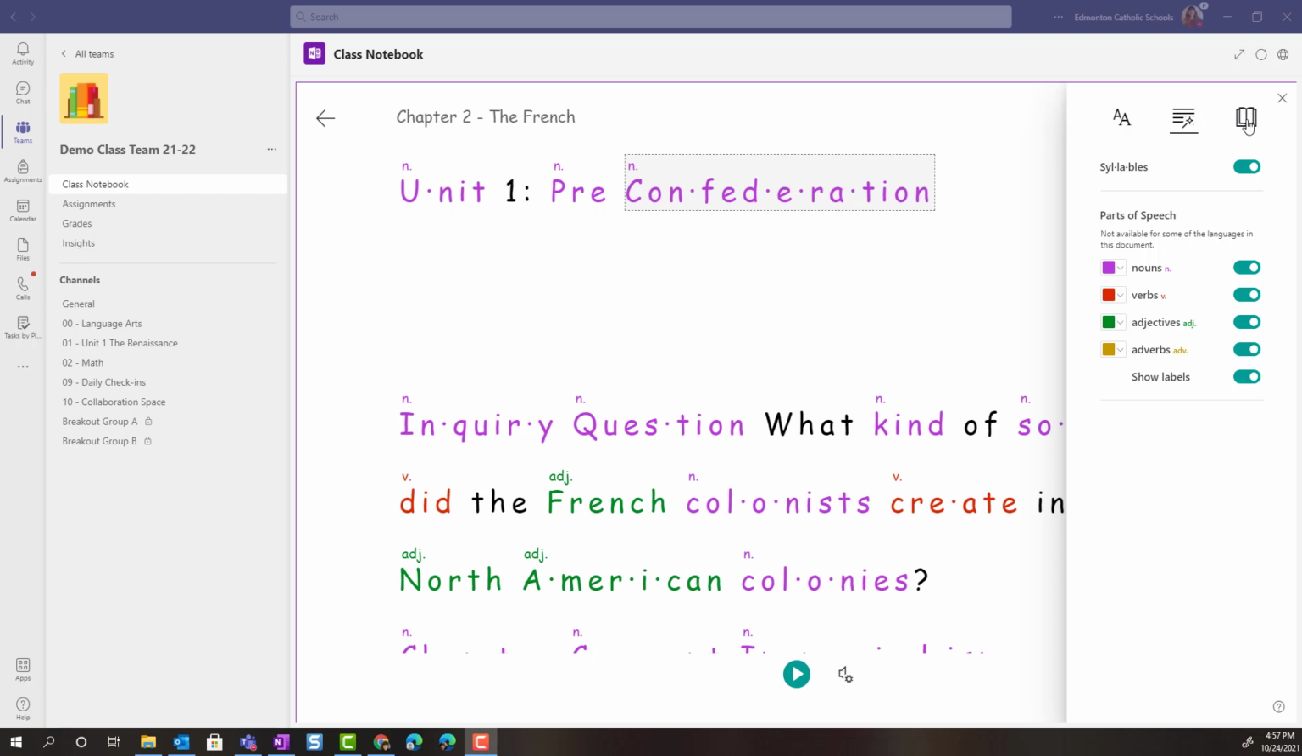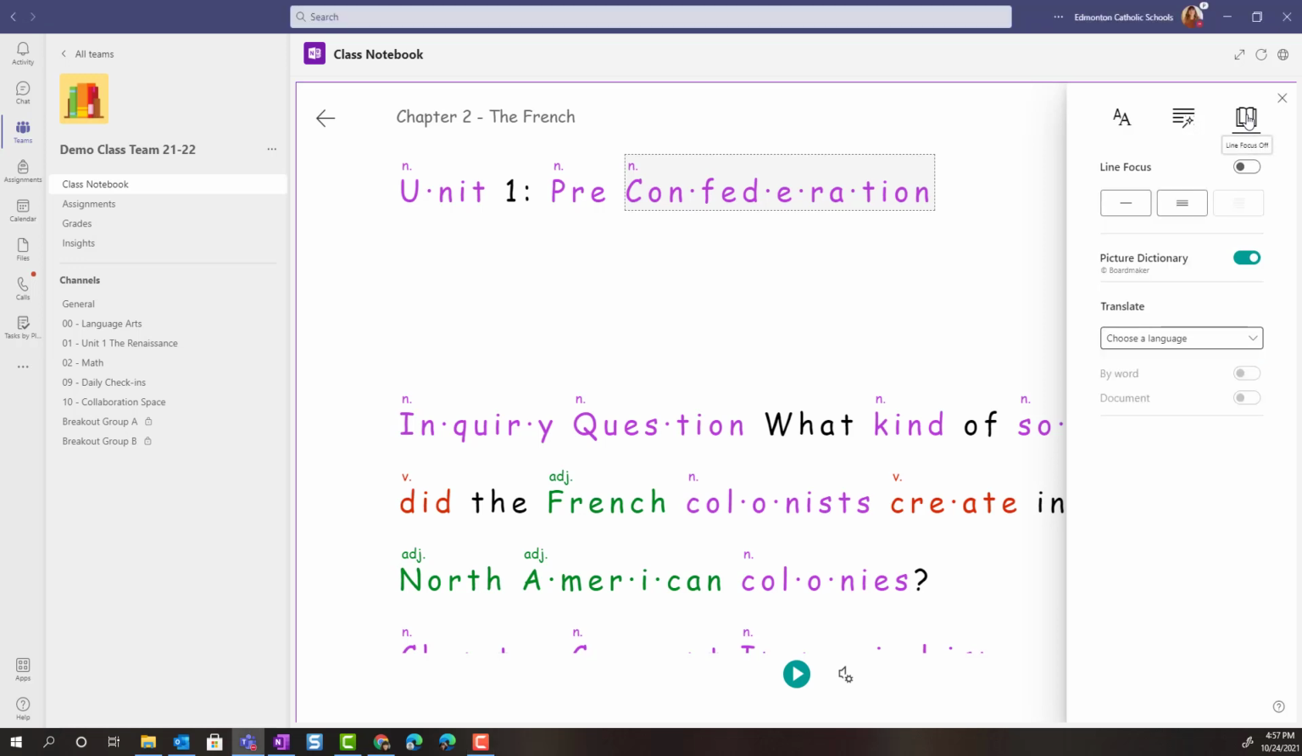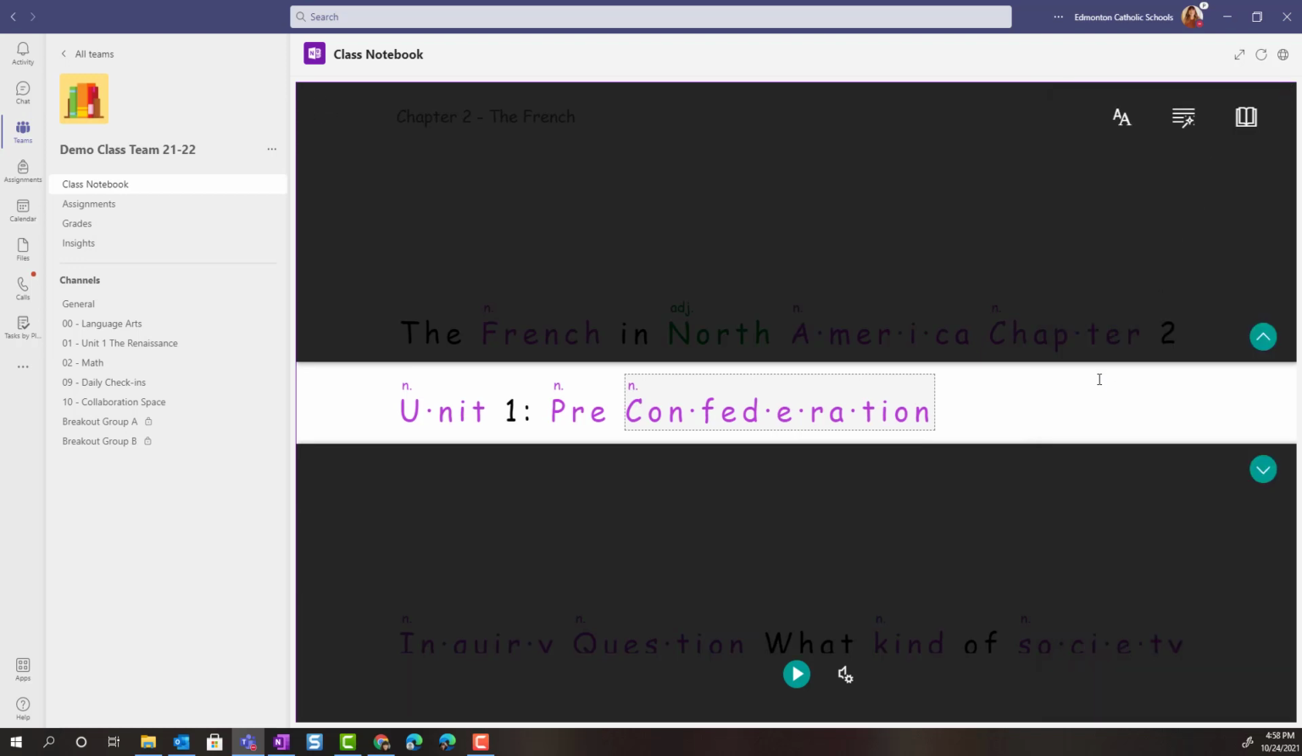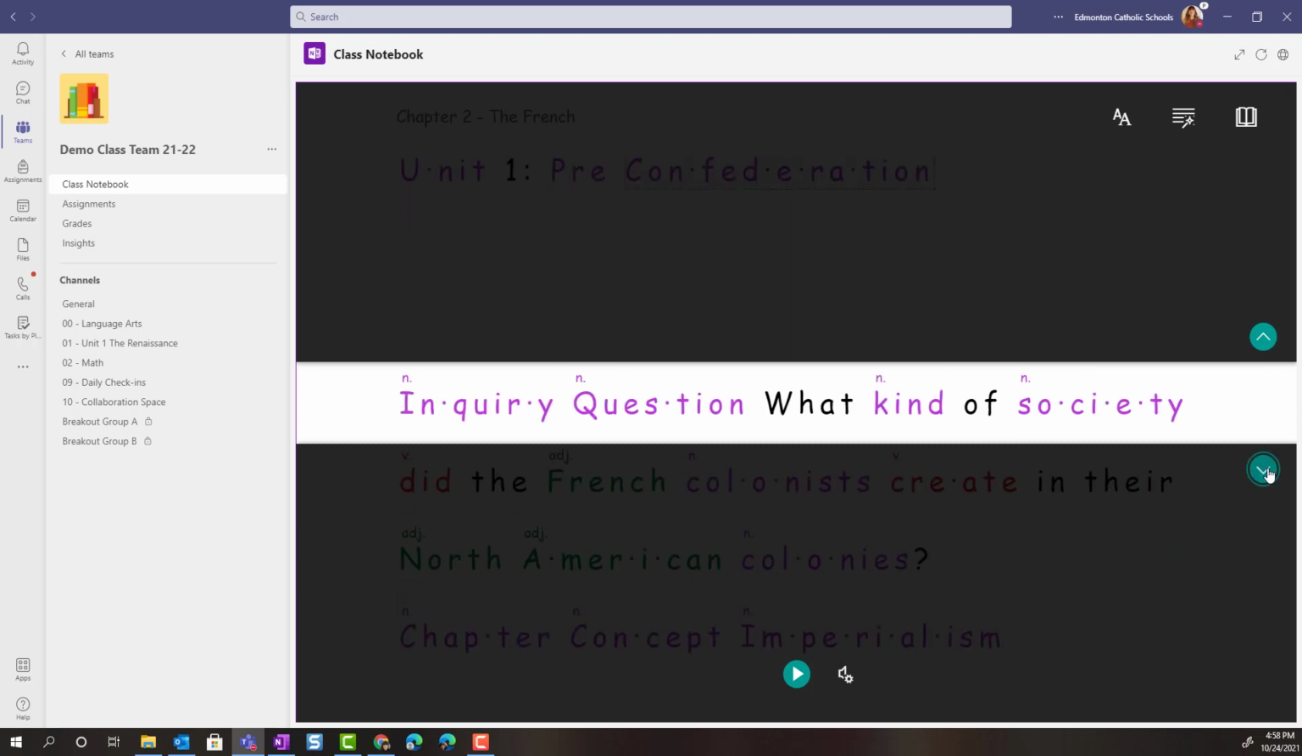Next, if we head over to reading preferences, I want you to notice that we can turn on line focus. Let's just close the reading preferences menu for a moment. With line focus turned on, I can manually scroll line by line, or if I press play,